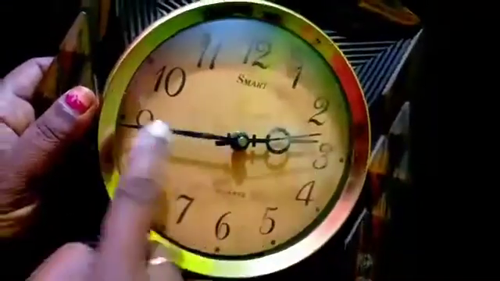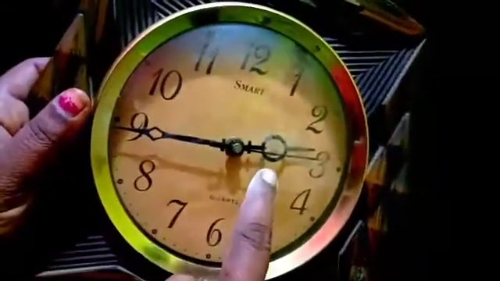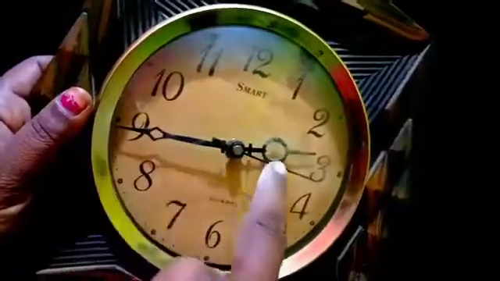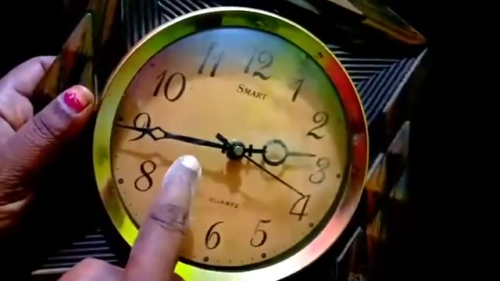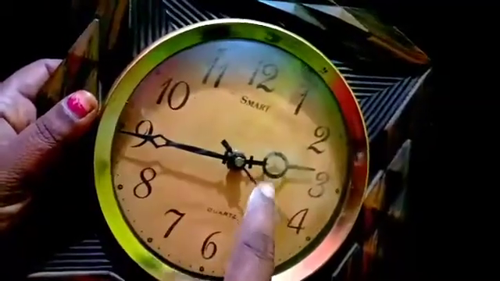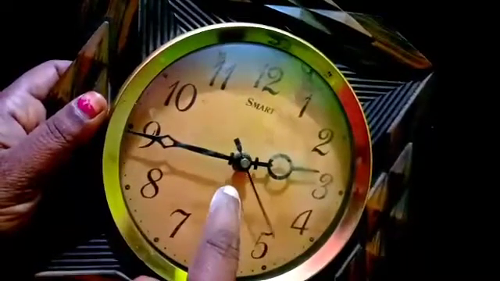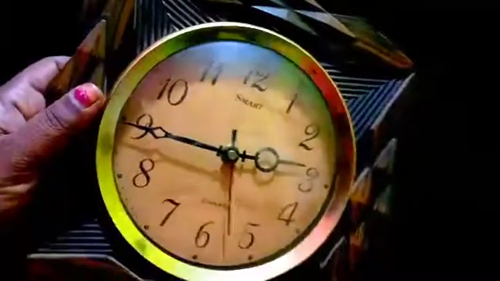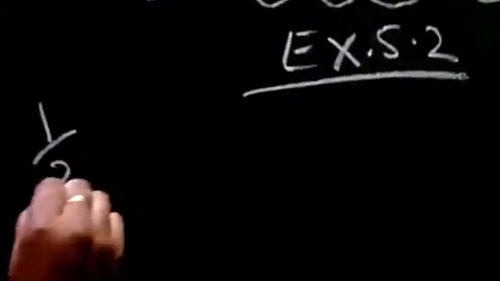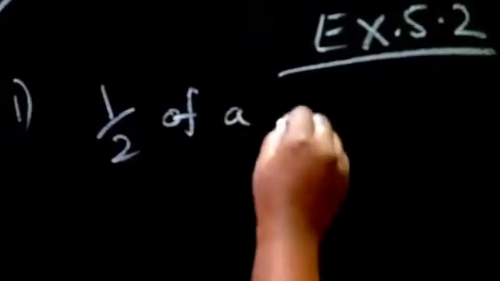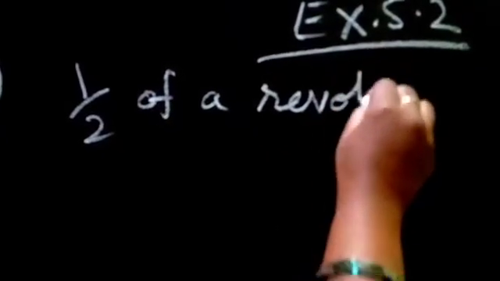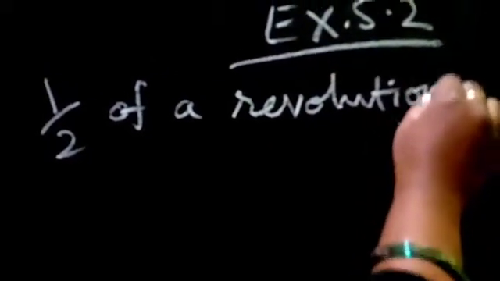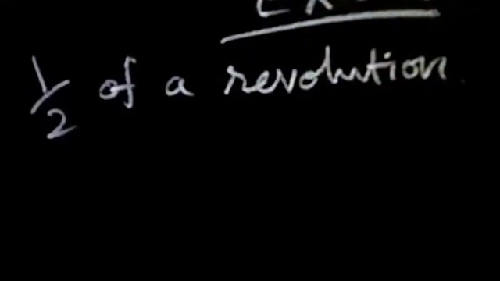If it goes like this, what revolution does it do? From here to here we have to start. So this is first right angle, this is second right angle. So 2 right angle if it is there, this is half of revolution. It has taken. First question. Second question is